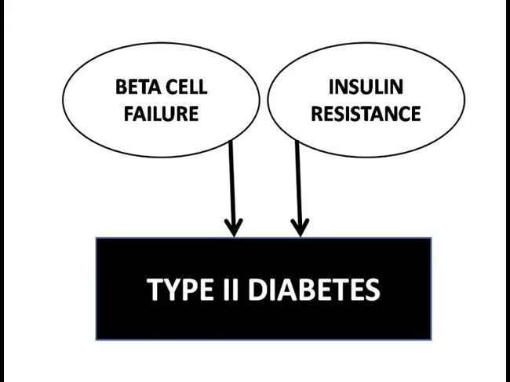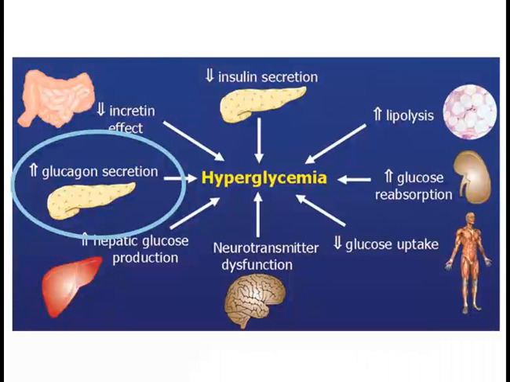The introduction. Now you see this slide is completely in black and white. When I went to medical school and I learned about diabetes, television was black and white, and the pathophysiology of diabetes was black and white. Beta cell failed, and there was insulin resistance, and this led to type 2 diabetes. However, as the years went on, today we have color television, and indeed we have a colorful view of the ominous octet of type 2 diabetes.